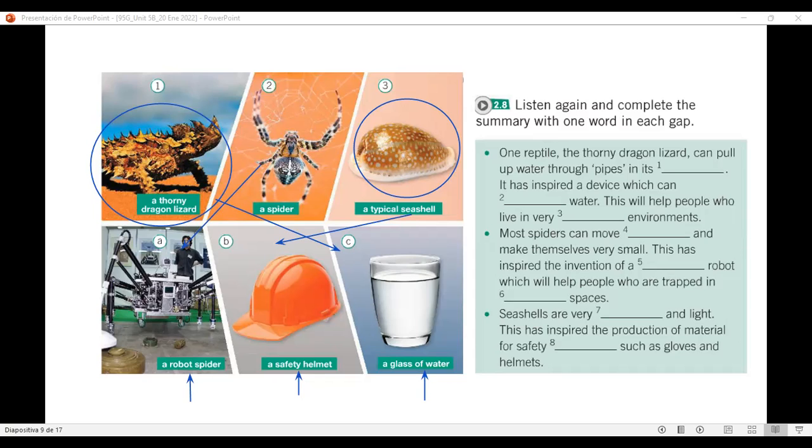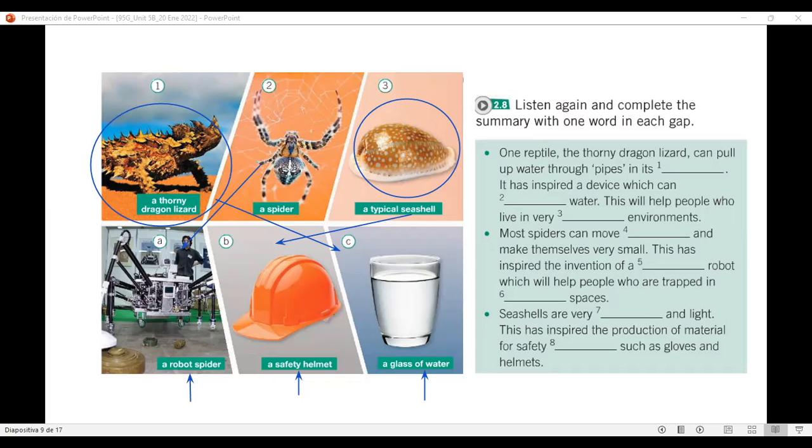So the skin collects the water and these pipes pull it towards the lizard's mouth. That sounds really efficient. Well, right, yeah. So, you see, we want to copy that system and use it in a device that collects water. If we are successful, the device will provide water for people who live in very dry environments. That's fantastic. And what other ideas?